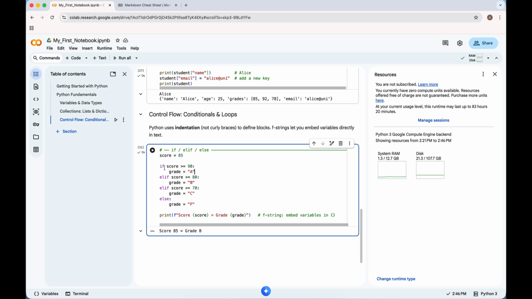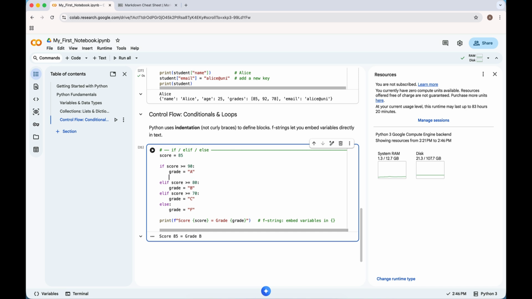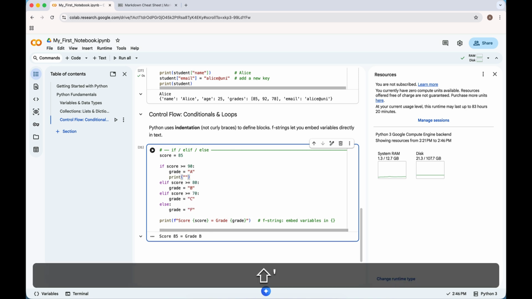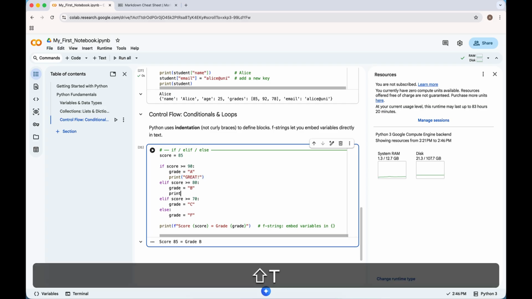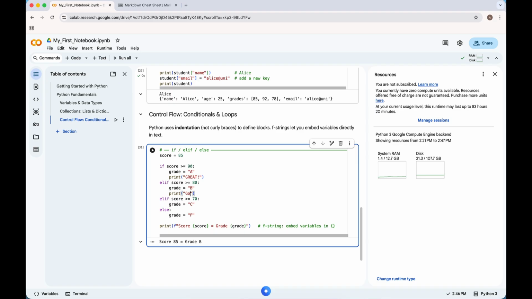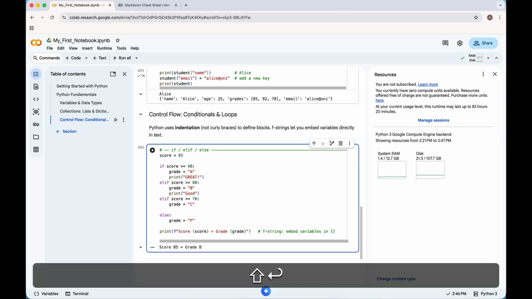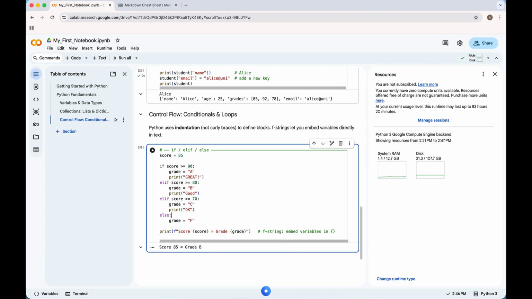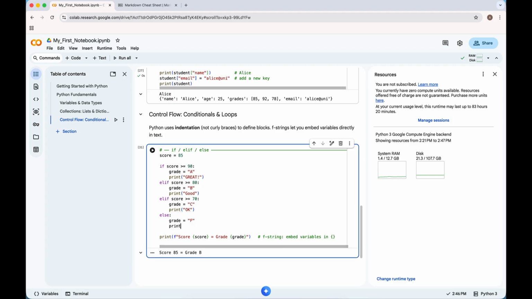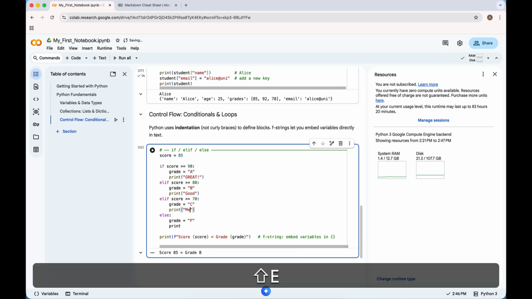And now, just to show you what these blocks mean, I can actually go in here and say print, for example, make something like this. Okay. And actually, C is not okay. C is meh. B is okay. And print F is